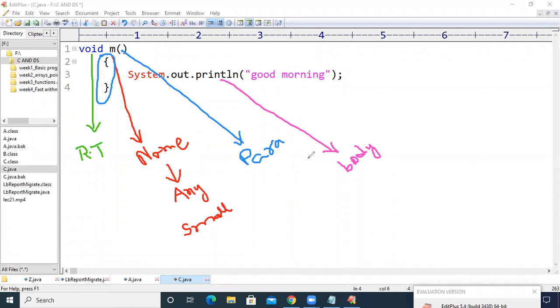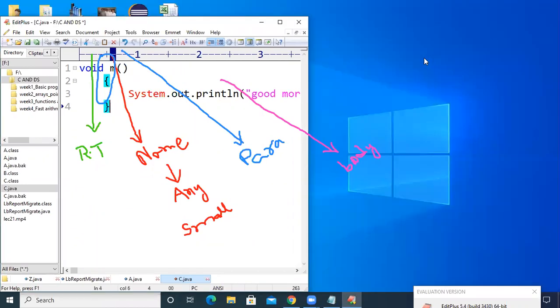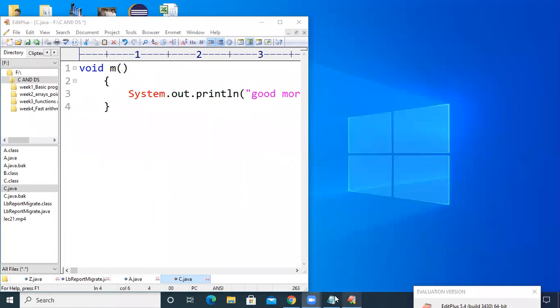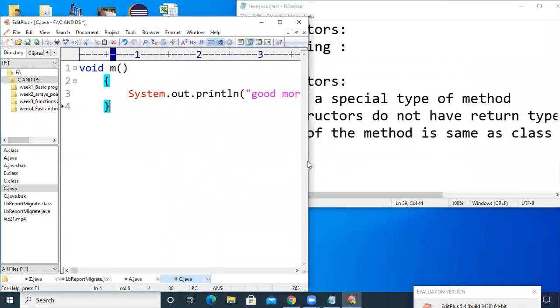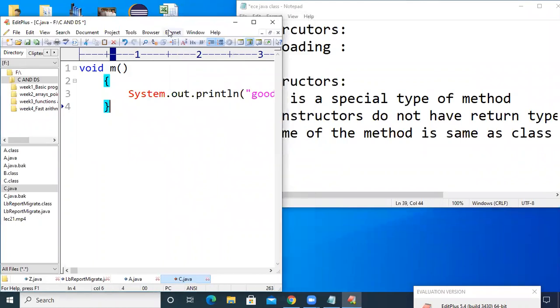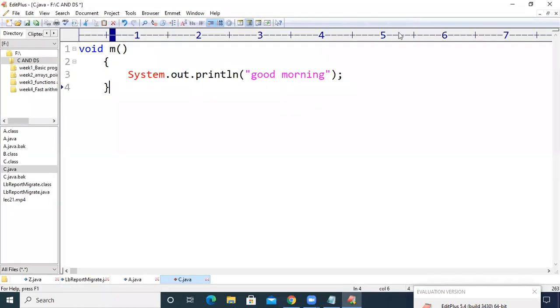Now, what we have seen about the constructor, right? A constructor is a special method where the name of the class is same as the method name.